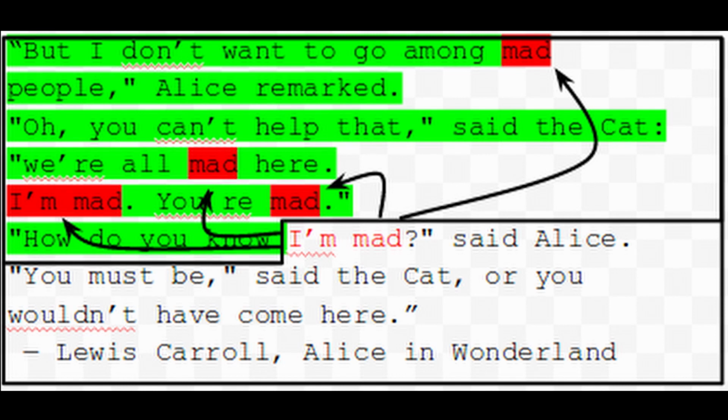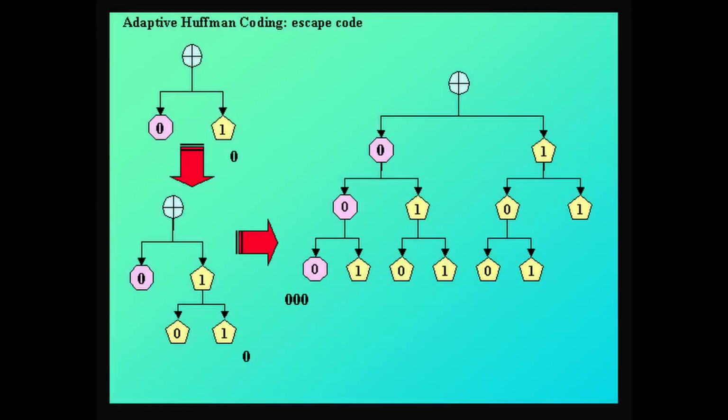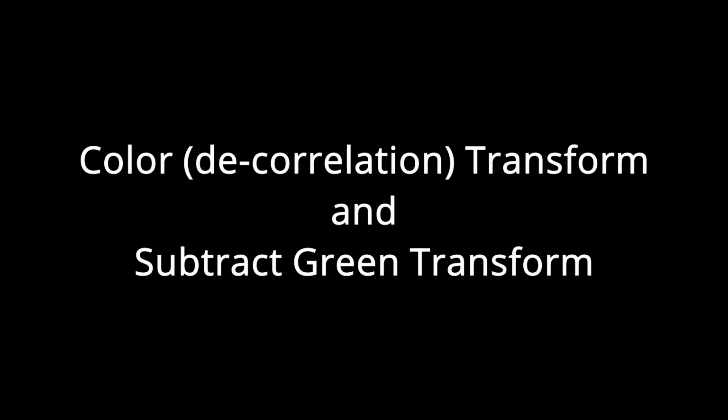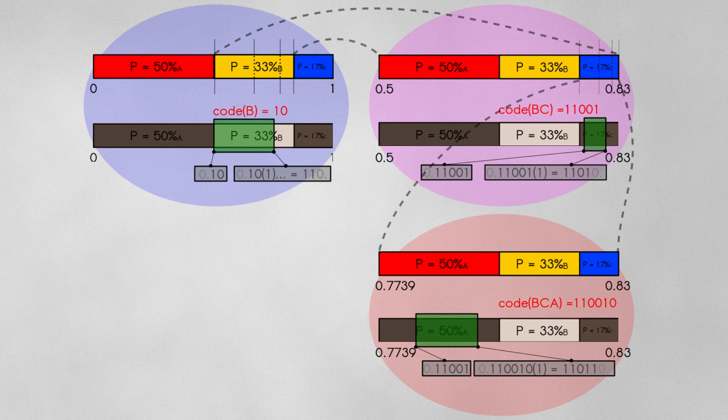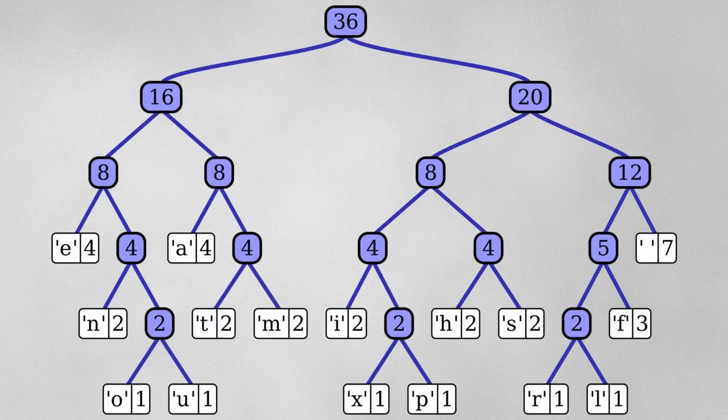LZ77 backward reference is a technique where we can reference a previous sequence of pixels using the length to be copied and the distance of the start of the sequence. Here, using text instead of pixels, "mad" points to its previous occurrence, and so on. The length and the distance are stored using LZ77 prefix coding as discussed in class. Some more transforms include color transform and subtract green transform. WebP uses arithmetic entropy encoding, achieving better compression compared to Huffman encoding used in JPEG. It's just better than JPEG in every way.